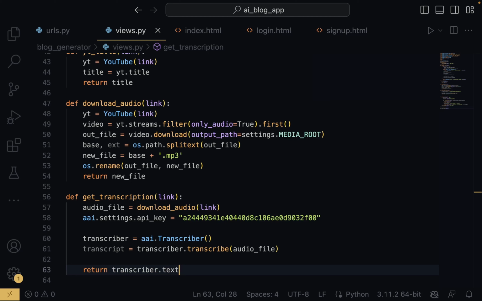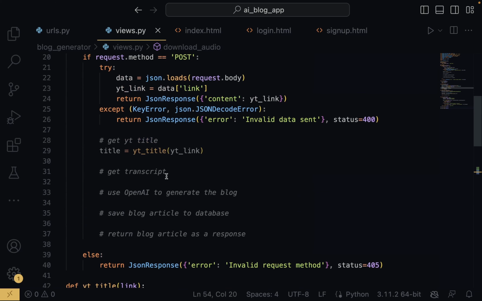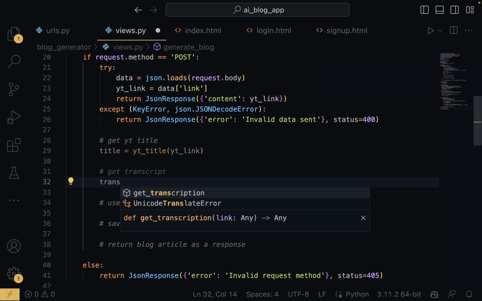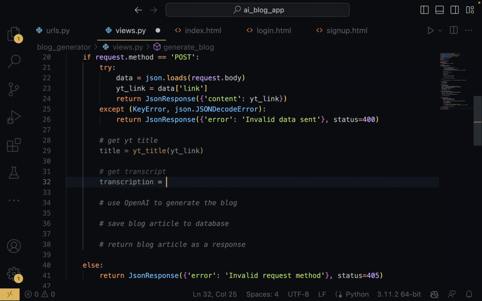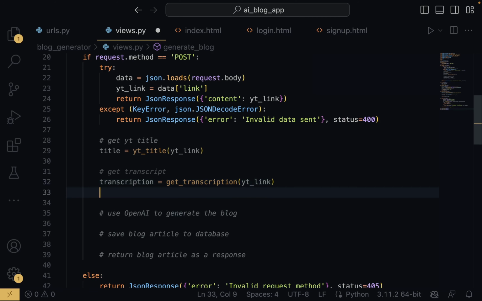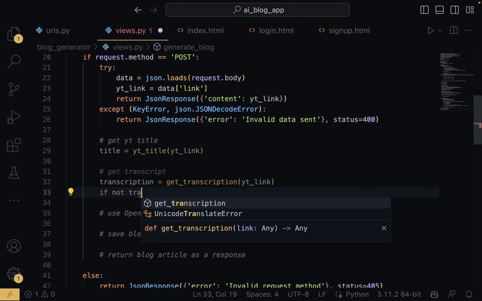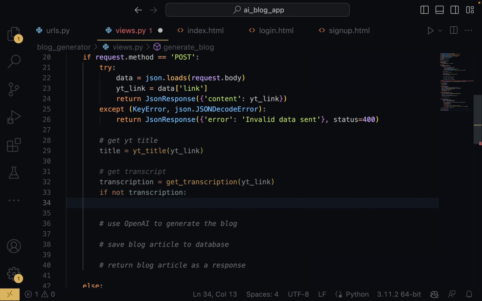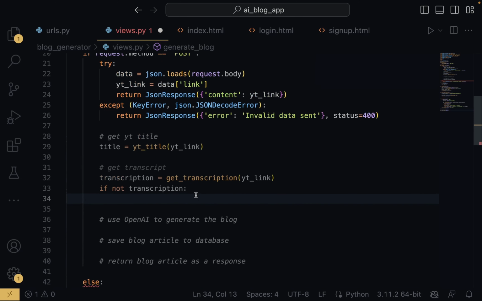Just going to copy this particular function first. I'm going to come back in here under get transcript. What I'm going to do is to now say transcription should be equals to get transcription. We're going to give a YT link. So now this should work. And what we're going to say is if not transcription, so if no transcription, that means if we didn't get this right here, then we want to say something like right here, we're just going to say, so first of all, right here,